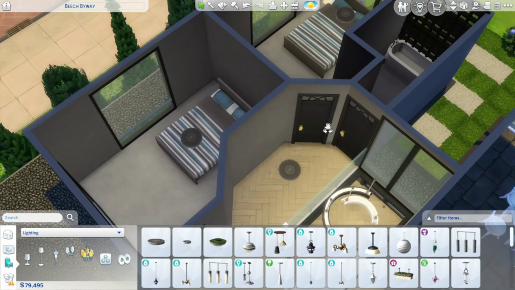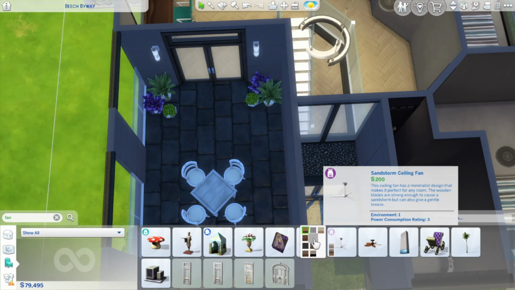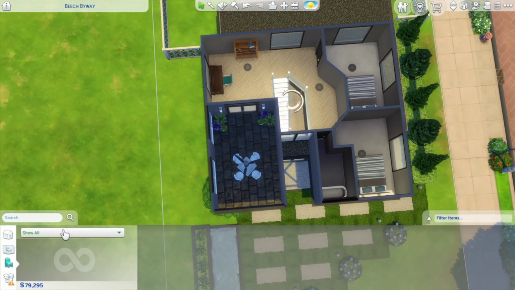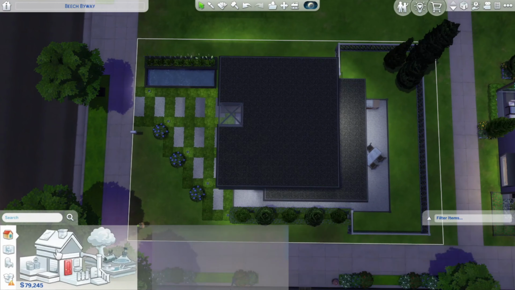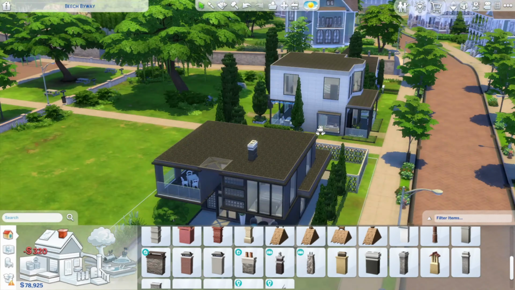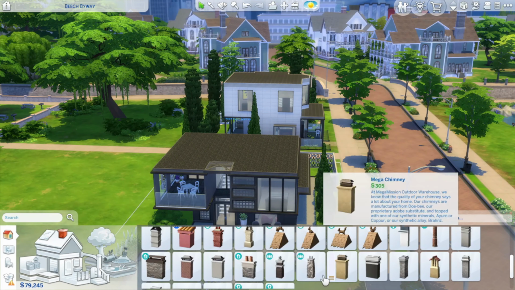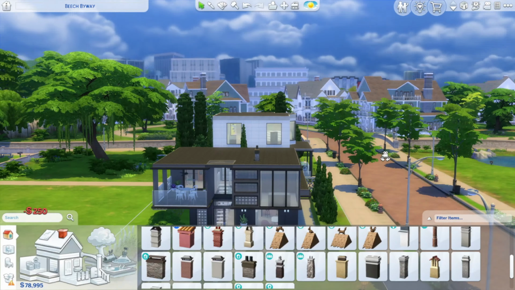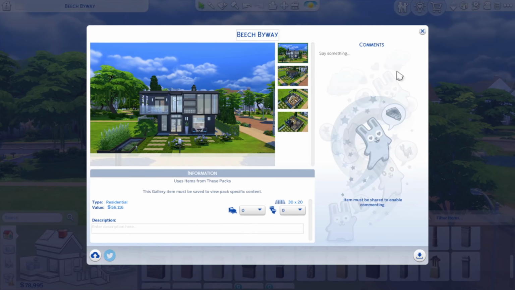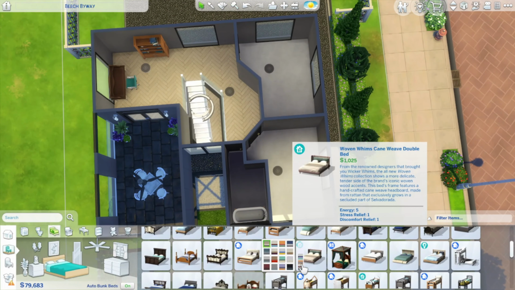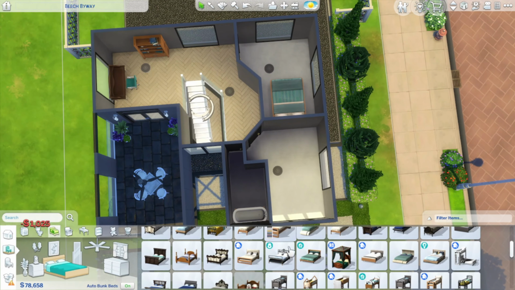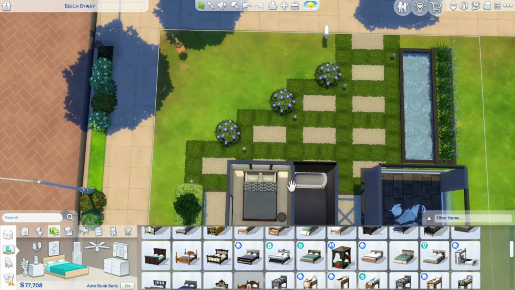So I was playing with it back and forth until I figured it out, which I did. I think it was a wall trim. I can't remember now, but it was one of the three. But I did figure it out. And then, choosing the right chimney that wasn't going to be too big or too tiny and wanting it to make it look good. And then, of course, the beds, I had to find something that was kind of